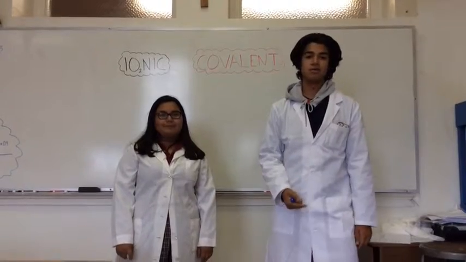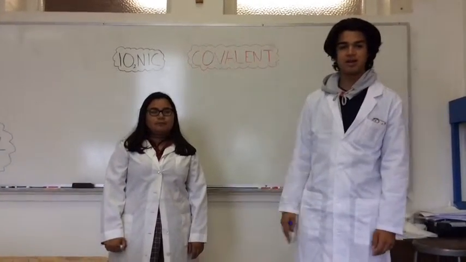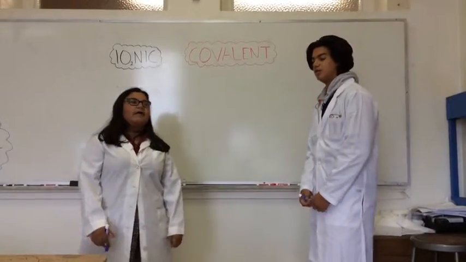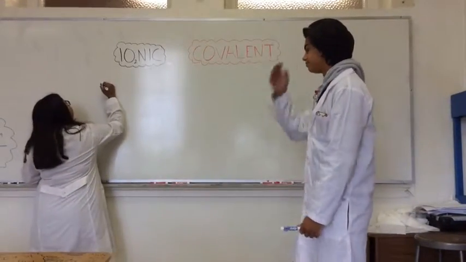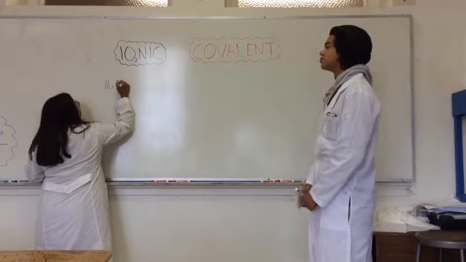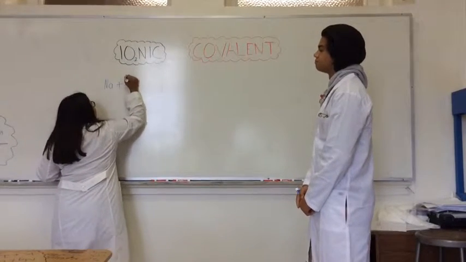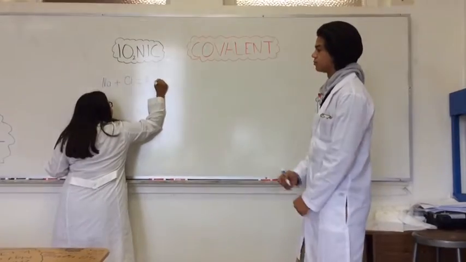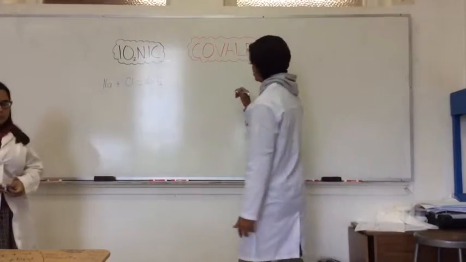Since you guys know a little bit about chemical bonds, Professor Brianna and I are going to give you some examples and teach you a little bit more about them. Some ionic examples are if I take sodium, Na, plus fluoride equals sodium chloride. Covalents are